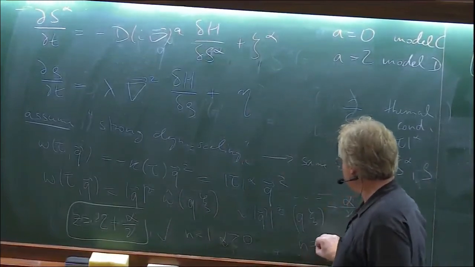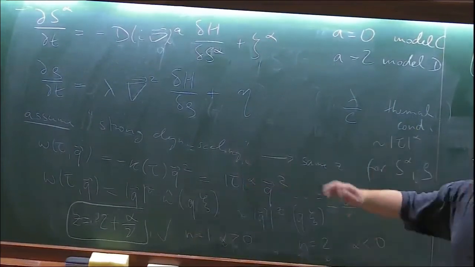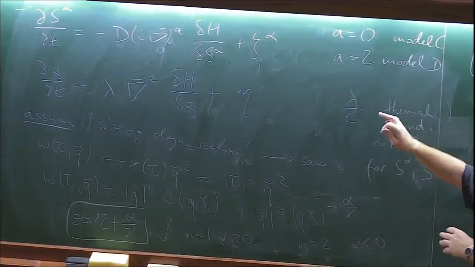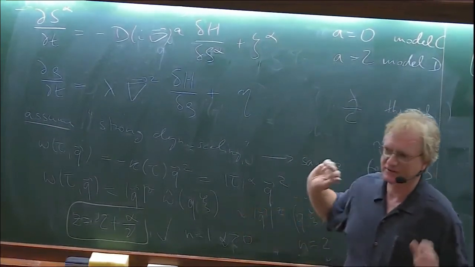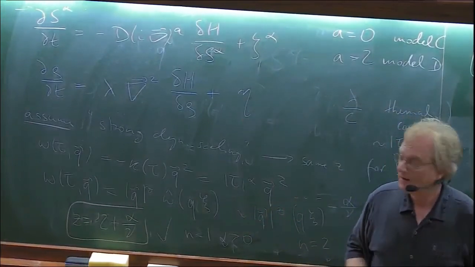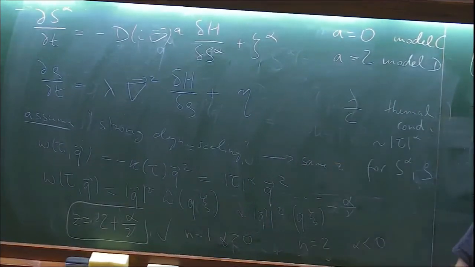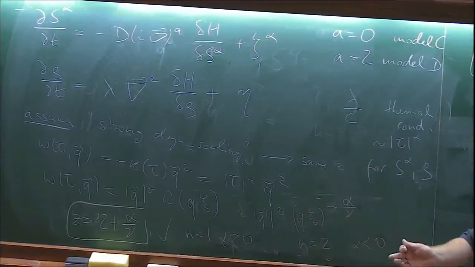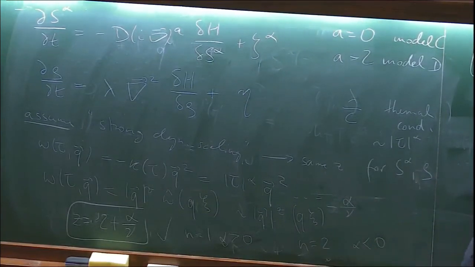If I'm in a more than one component system, alpha is negative, and it turns out this is irrelevant, and you get decoupling. The order parameter just goes as model A, and the energy fluctuations do their thing. It's called weak dynamic scaling, different dynamic exponents, and I can really ignore the conserved quantity and just play with model A. If I'm in the conserved regime, there's no way to get these things to fluctuate on the same time scale, because that's 2, and that's q to the 4th, basically. So that is always decoupled. For model D, there is no model D. It's basically model B, period.